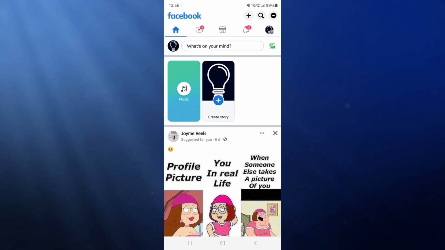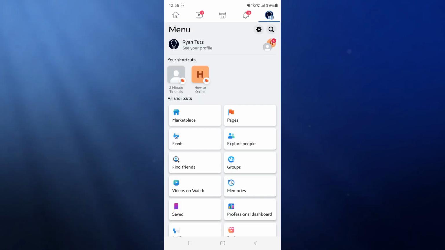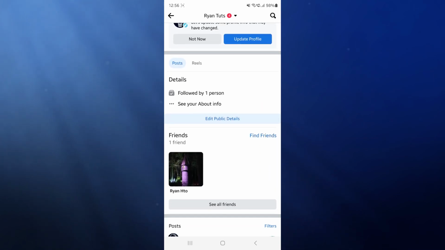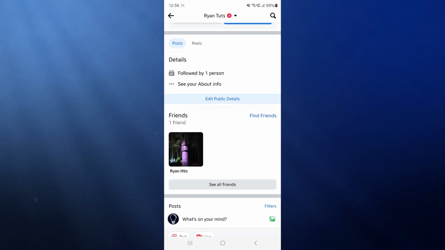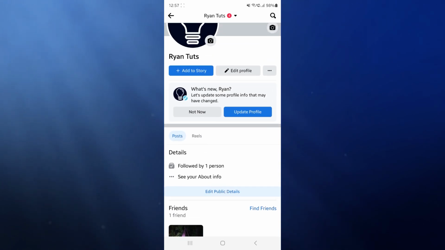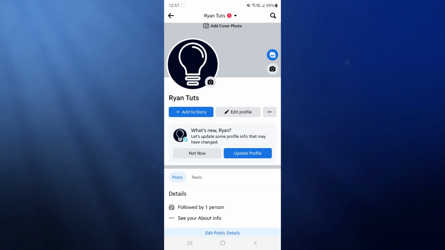and then once we open up our Facebook right now, we need to head over to our profile. So once we head over to our profile, obviously you'll be on this page, and as you can see at the moment I have one friend, and if I want to convert that one friend into a follower, what I can do is I can simply come all the way up to the top of my profile,